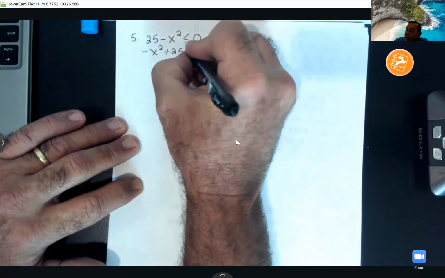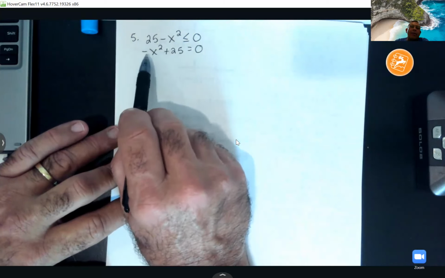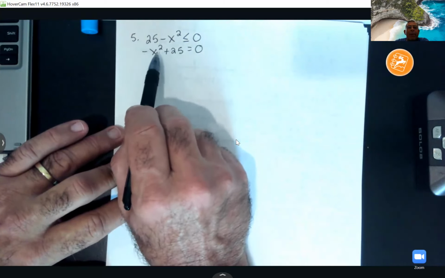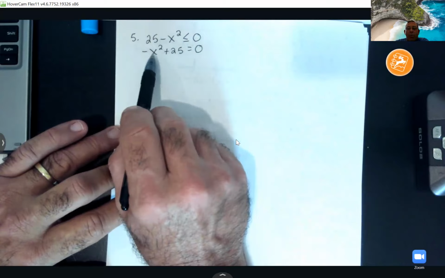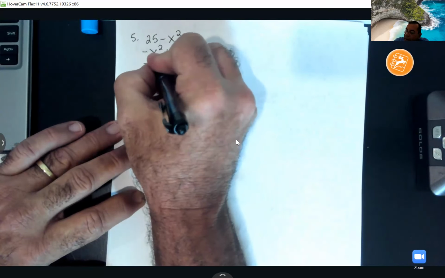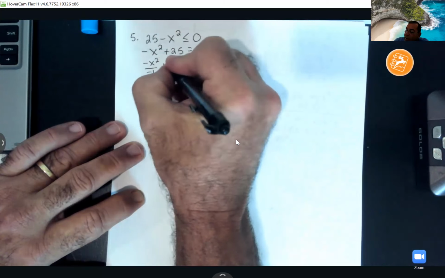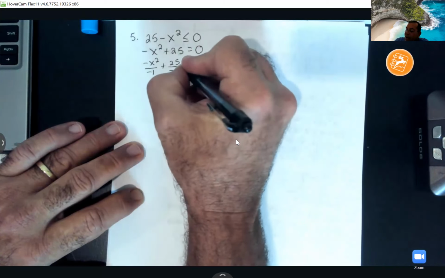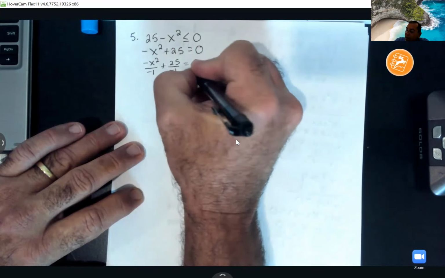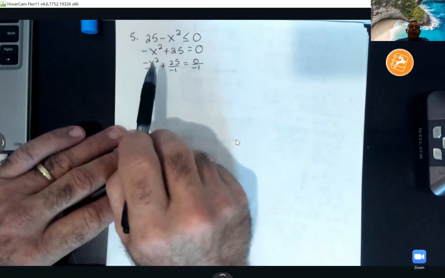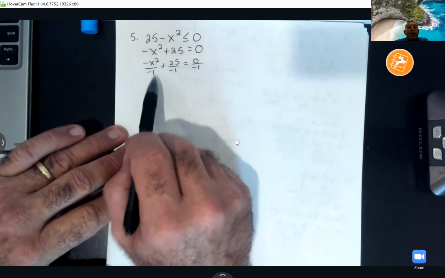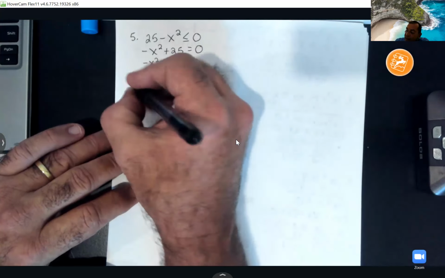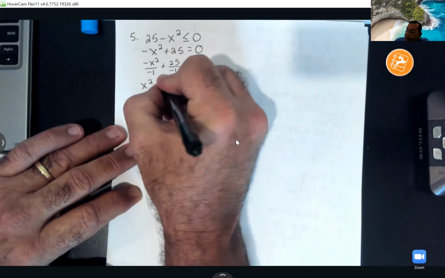And I'm going to tell you one more thing I would do. To make this x squared positive, because I don't like my x squared terms being negative. So to make this x squared positive, I'm dividing everybody by a -1. So -x squared divided by -1 plus 25 divided by -1 will equal 0 divided by -1. So you can multiply or divide by anything as long as you do it all the way through here, okay? But notice what will happen. That's going to give me a positive x squared minus 25